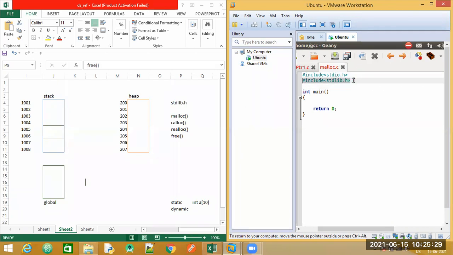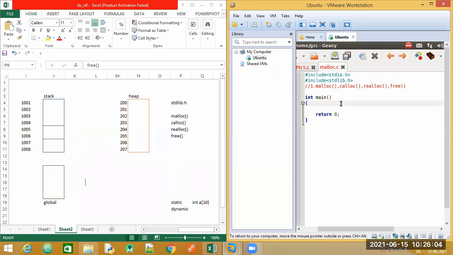You remember we have 4 dynamic memory allocation methods: malloc, calloc, realloc, which tries to reallocate the memory, and free, which helps us clear out whatever we have declared. To make use of these, you need to include this header file.